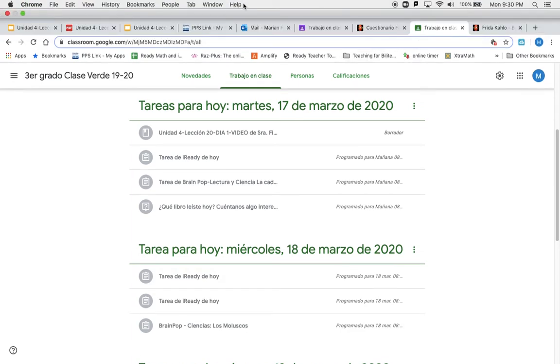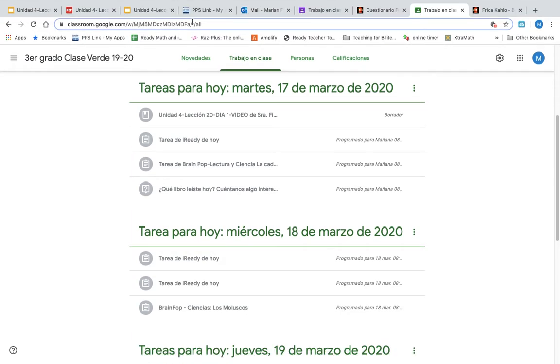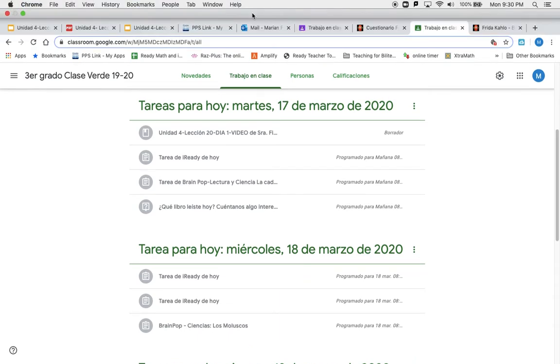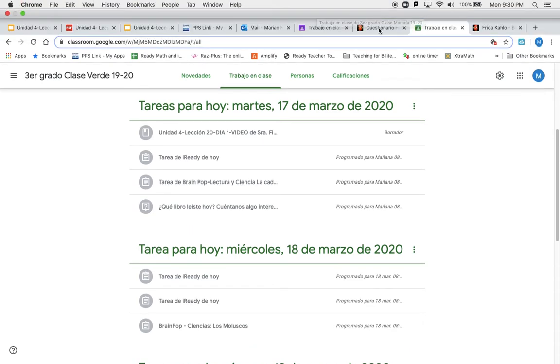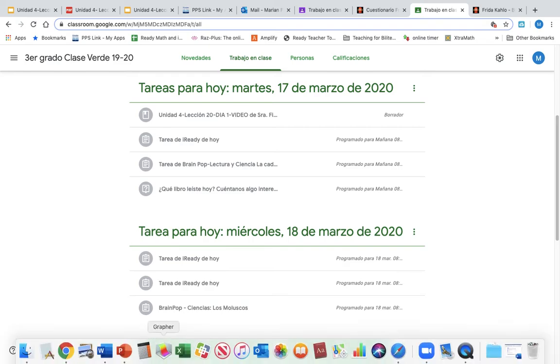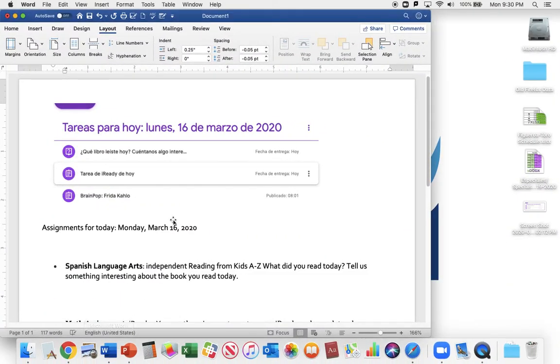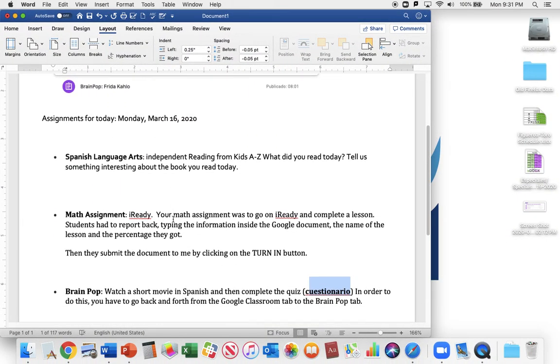I mean, this is a minimum. I have very few tabs open right now compared to what I usually do. But they should know that they have to be able to keep those tabs open, and then they can navigate between the two or three, depending on what they're doing. So really, those were the assignments that they had to do